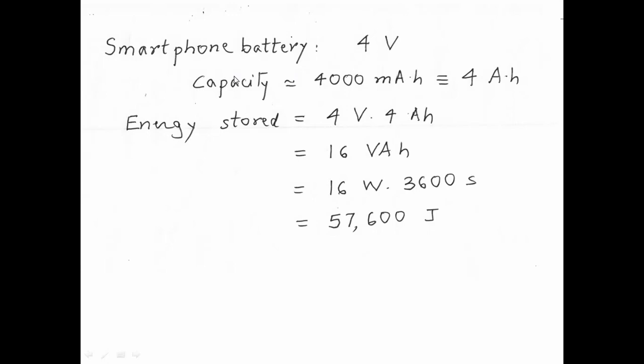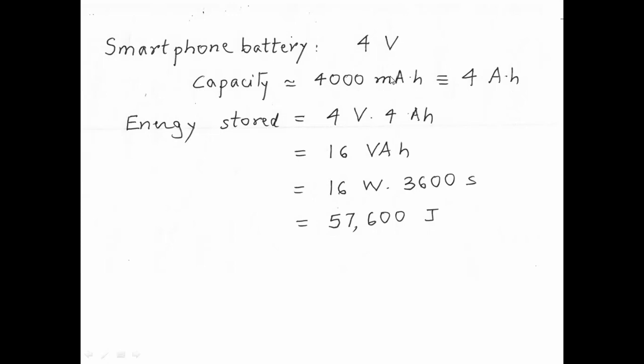And you know that the capacity of the battery is specified in something called milliampere hours. It varies from about 2500 milliampere hours to about 8000 milliampere hours. Of course, you'll agree that 4000 milliampere hours is equal to 4 ampere hours. So the question I'm asking is, what is the actual energy stored in this battery when it is fully charged, when the whole 4,000 milliampere hours is available? What is the energy stored?